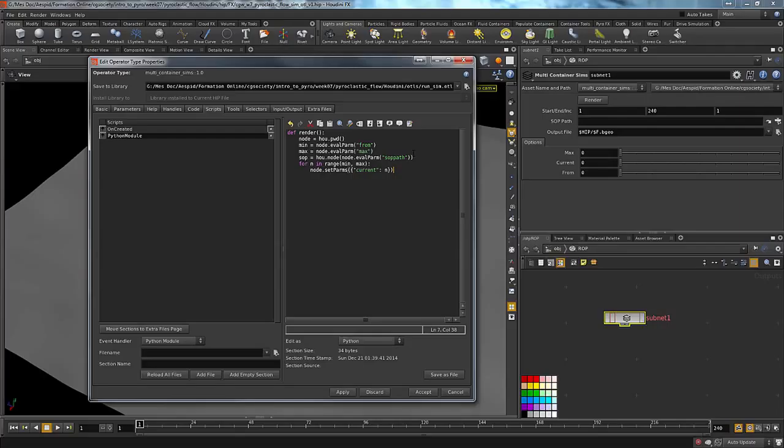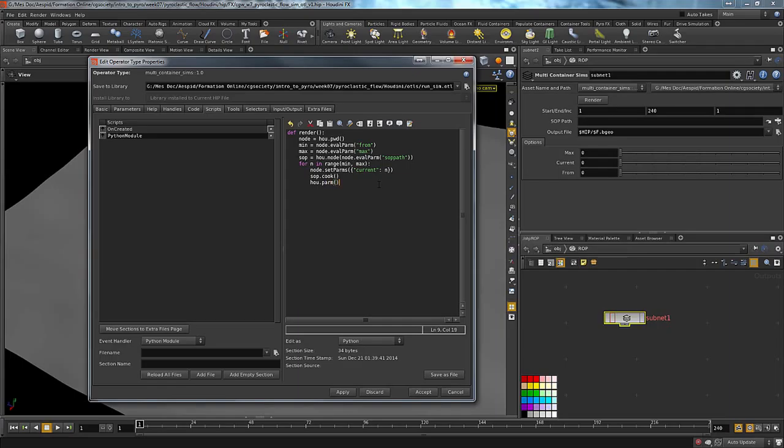Okay, so now what I'm going to do, I'm going to force this node, this sop, okay, that we're going to call here to cook. We will see in a second why I'm going to do that. So sop.cook,